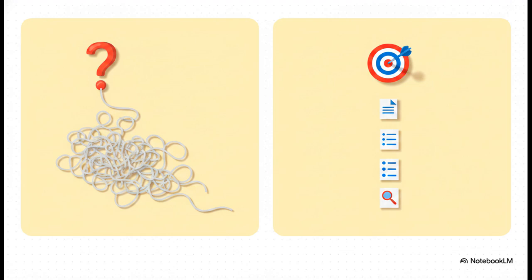How you ask the question also makes a huge difference. Just look at the comparison here. A vague prompt like "summarize the report" is an open invitation for the model to guess what you want. But a precise, step-by-step prompt, this is a technique called chain of thought, forces the model to think logically. You're giving it a roadmap to the right answer, which dramatically cuts down the chances of it getting lost.